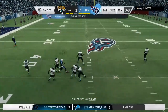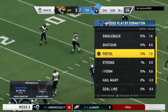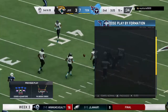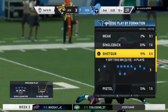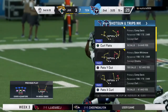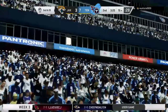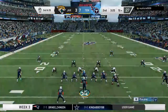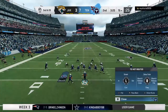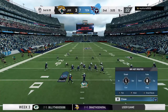Throwing on 2nd and long. Mariota, and that'll be incomplete. Took a pretty good shot as he tried to pull that one in. Couldn't hang on 3rd down. And it is true. You can draft the fastest. You can draft the most athletic guys. But if they don't know the art of positioning, sometimes it's all for naught. In this case, in the right spot, help force the incompletion. Yeah, but had his hands on it for a second. Would have been a tough catch, though. Falls incomplete. An incomplete pass on that last play, and that means they'll need to come up with something here